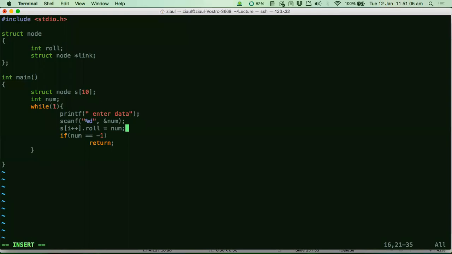Okay, that first part is correct. You can create a new node, right? New node and then link it to the previous one. Exactly. You create a new node and link it to a previous one. So what are you doing then? You are creating memory on the fly, right? As your program is running, you are creating memory.